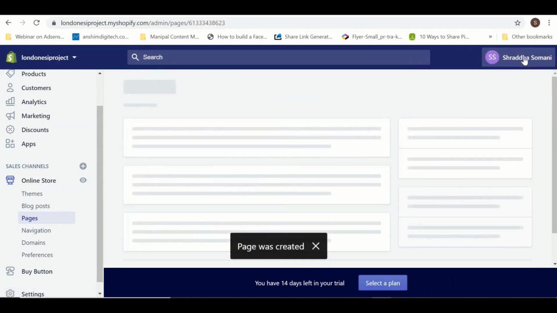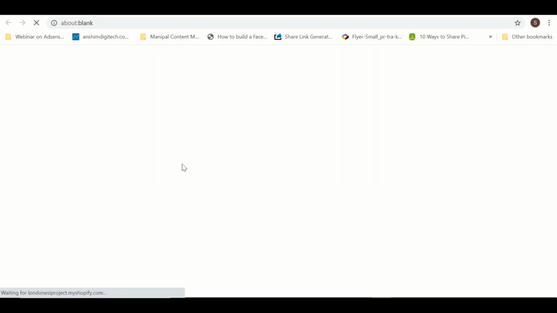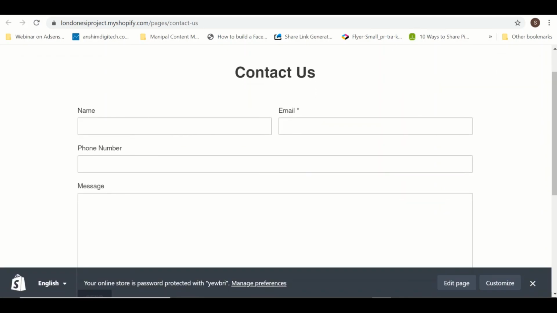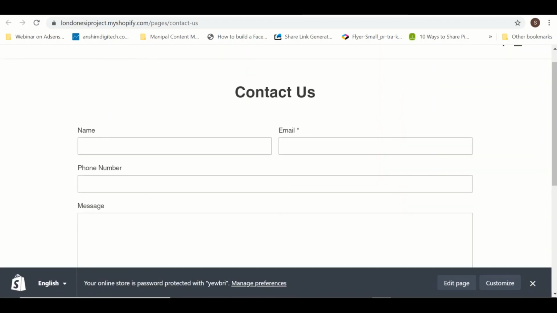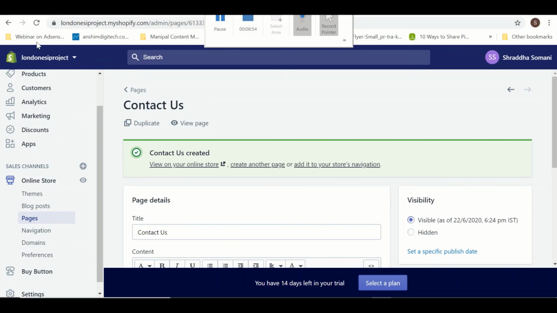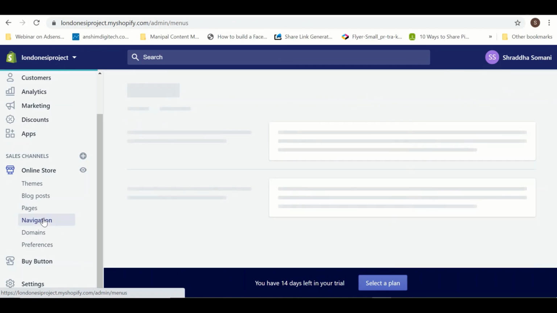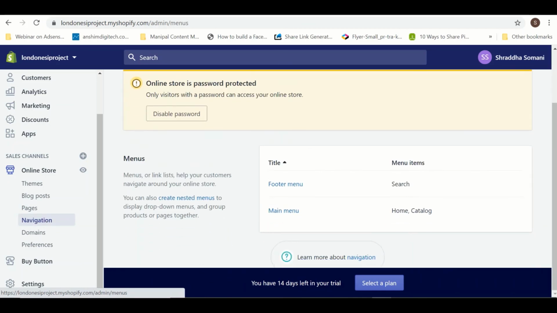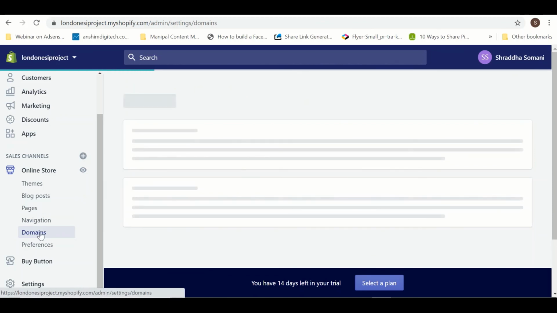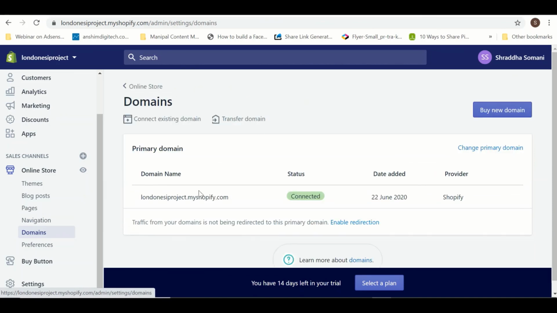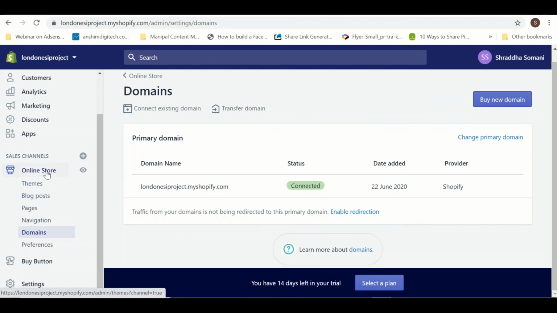Automatically the form fields that you need for a contact us form will be available to you. So now if I open a contact us form over here, are you able to see these fields are automatically integrated? I need not even create the fields for my contact us form, right? Easy navigation I can have, that is, I can create the menu for home, for the headers, and for the footers. If I want to purchase a domain and integrate it with my Shopify site, I can purchase a domain from here also, right? So this is how I can create my full-fledged e-commerce Shopify store.